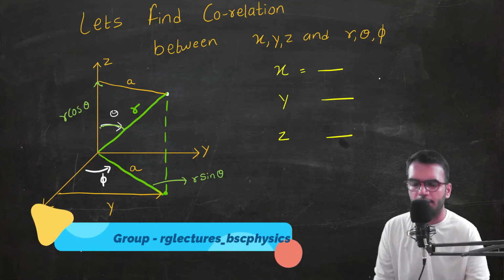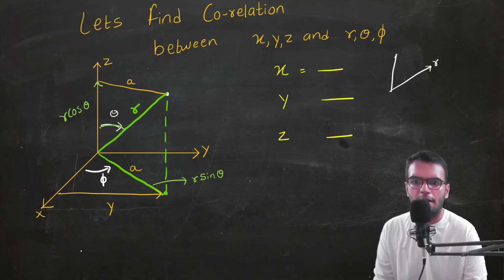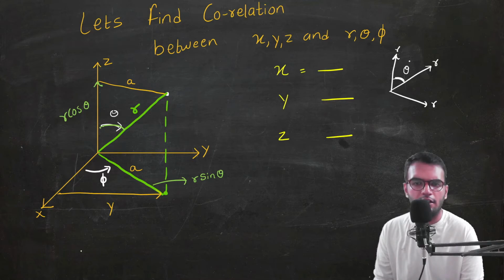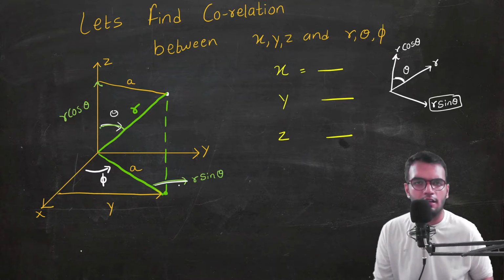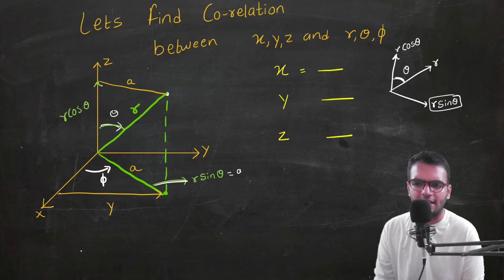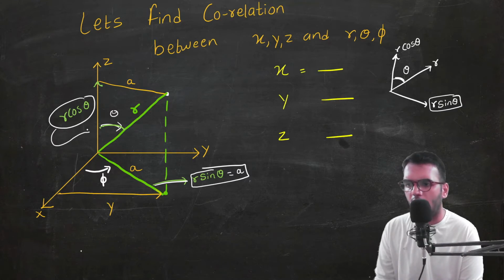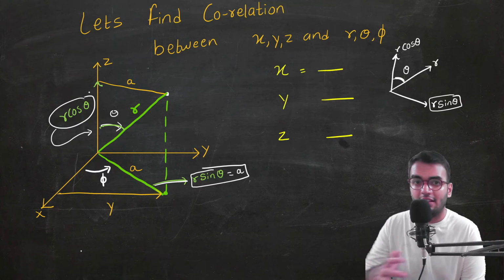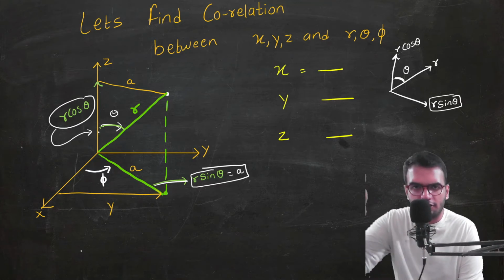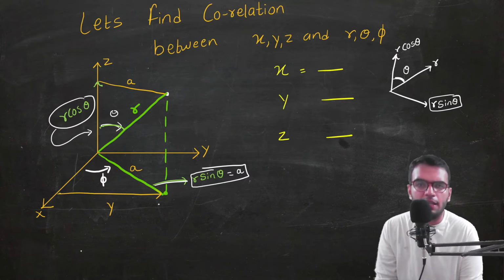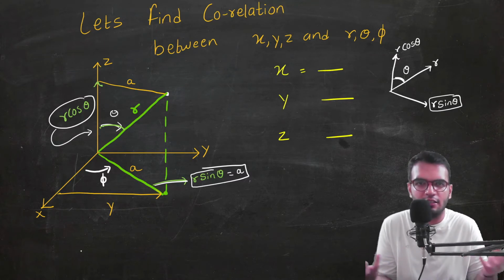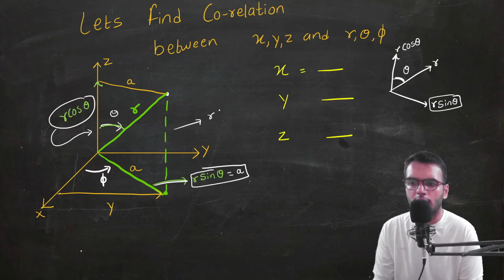Just see a second. If this is my r vector, this is my one component, this is my other component. And this angle is theta. So wherever there is theta, that component becomes r cos theta. And where there is no theta, that component becomes r sin of theta. So this line here is called r sin theta. And let us name this line as a. This component or this line here is called r cos of theta. So let us say, as we did in the cylindrical coordinate system, that it is the height. So if this is the height, then this perpendicular is also the height, because height of the object is always the same. So this line here will also become r cos of theta.